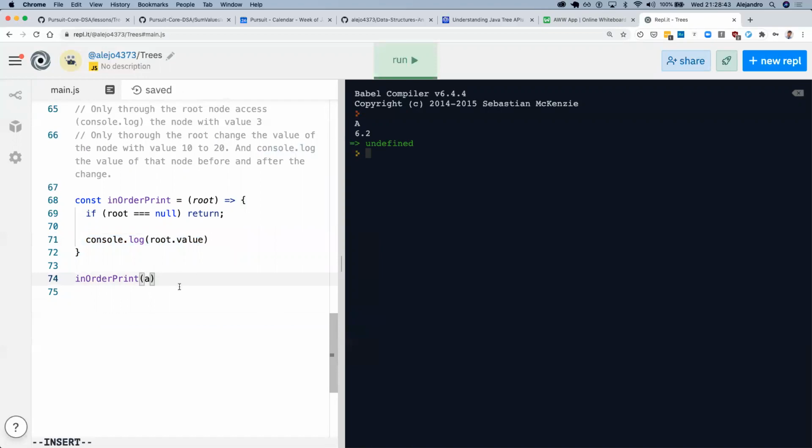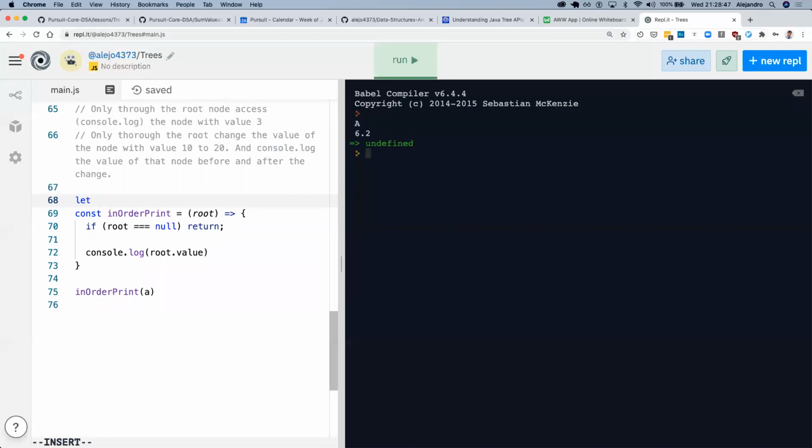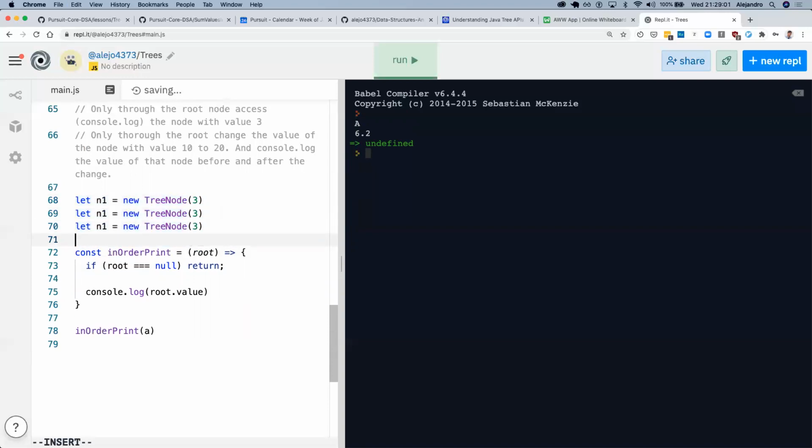So here, let's make n1 equal new tree node, and let's have this 3. And n2, and I have n1, have n2 here.